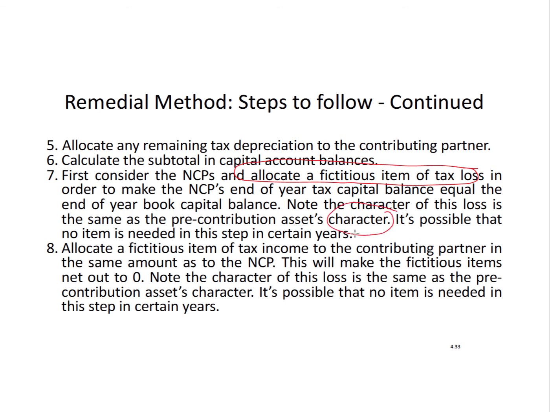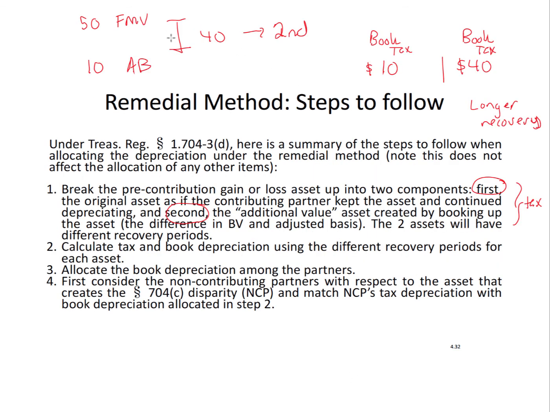I mentioned that. It's possible that no item is needed in this step in certain years. You might have no adjustment here. So that's one thing I want to note, is that under the remedial method, in different years, you can have different nominal amounts or fictitious amounts, right? Different amounts. So you've got to be careful. In my experience with the traditional method, it's the same amount of allocation each year because you're keeping that same calculation. The reason why you have different amounts is if you look back on the previous slide, we have two different